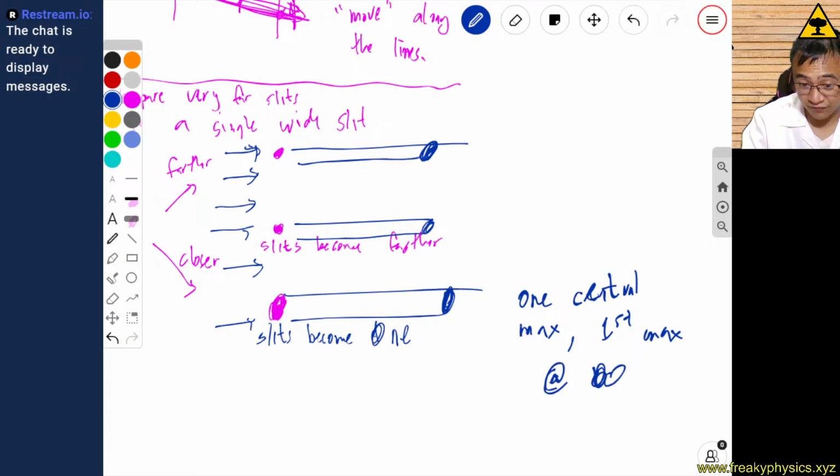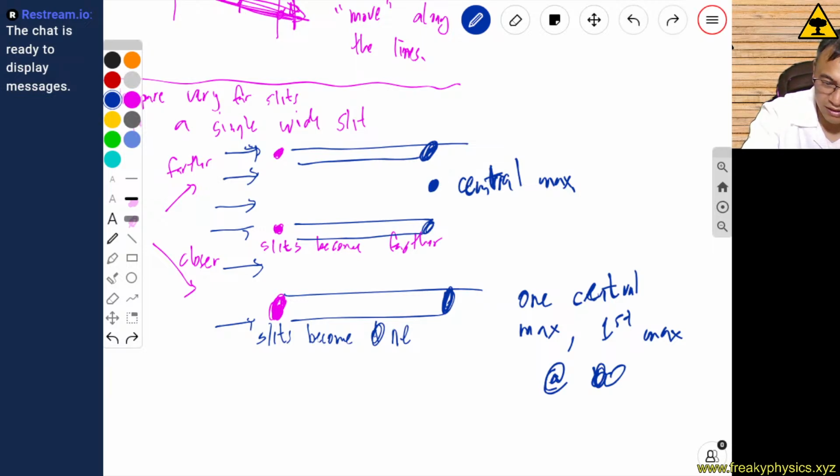That's one way for you to think about this. Now, of course, with slits like this, you're going to have a central maximum here as well. Central max. Now, what happens? The farther and farther apart they are, the central max